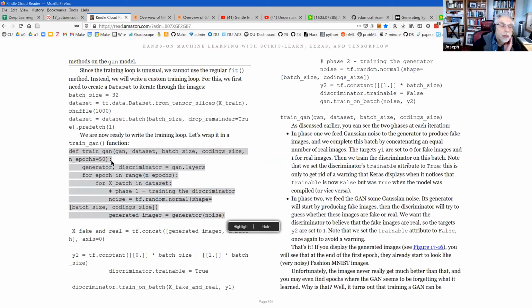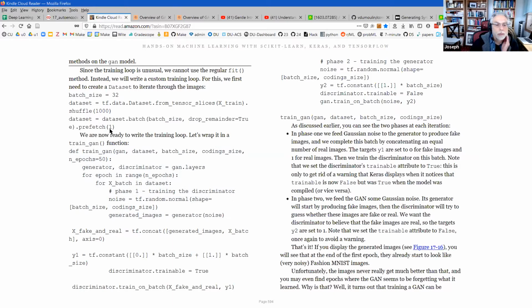The input is the GAN model that he built, which is the sequence of a generator and discriminator, the data set, the batch size, the coding size, and the number of epochs. And then for epoch in range, so he's running through the epochs and